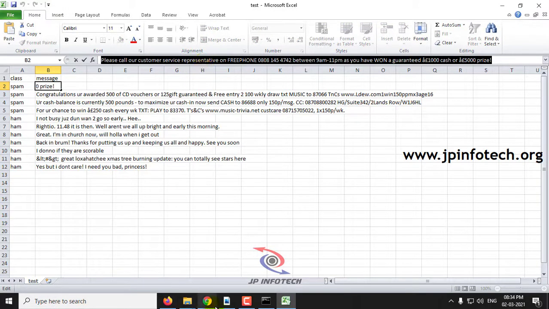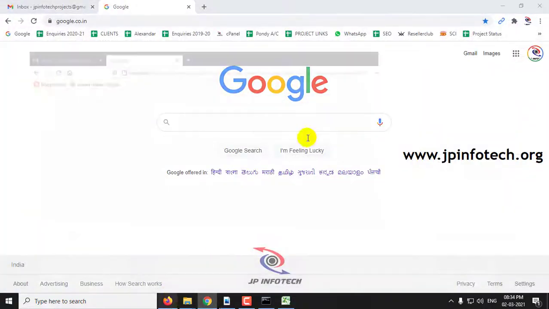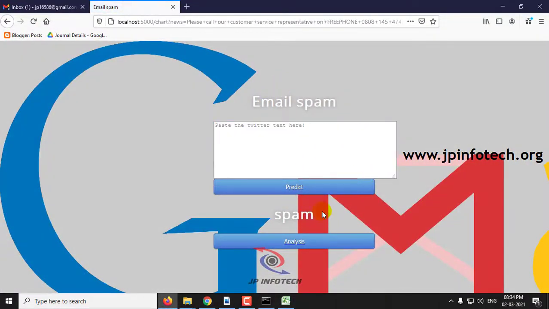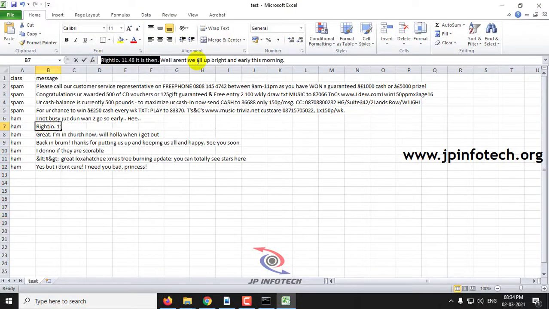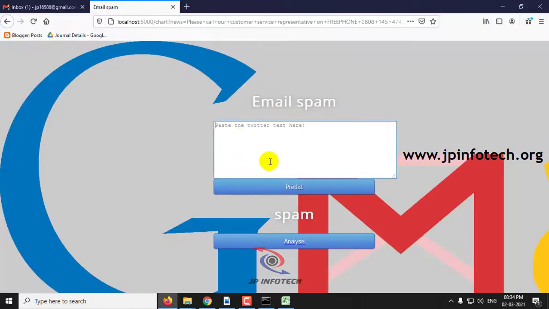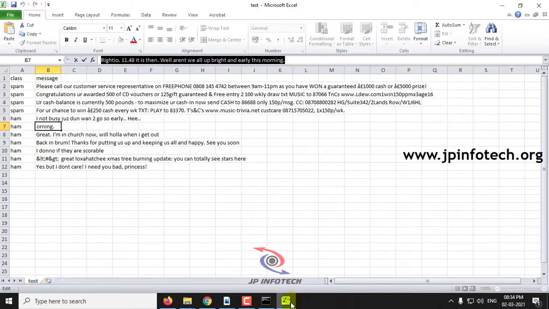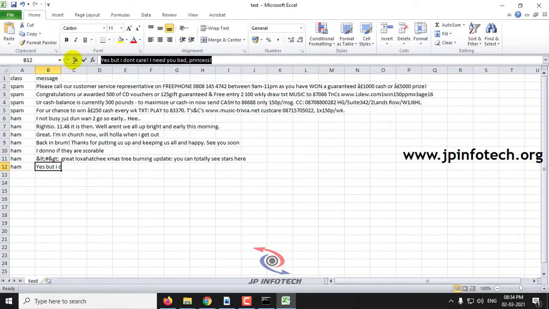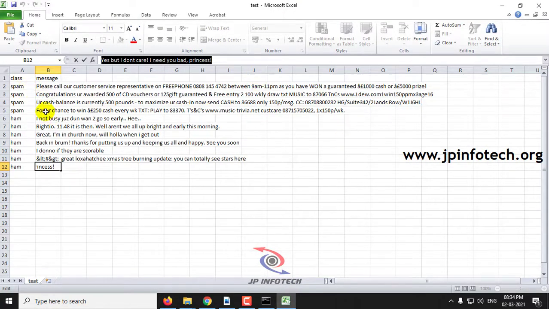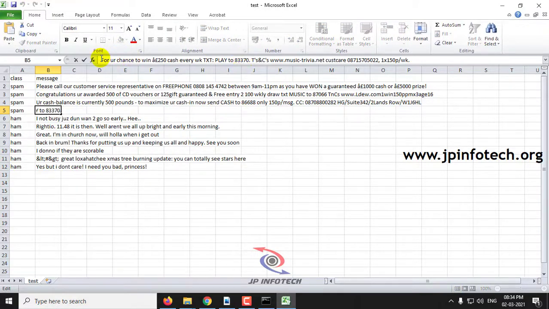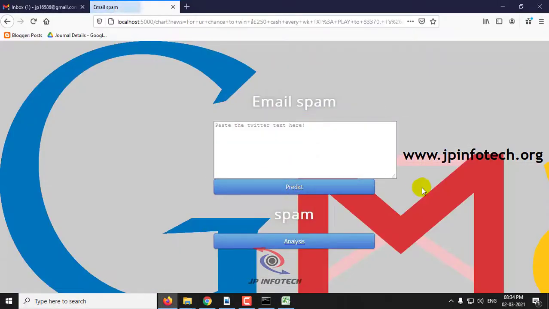Now we will check with the other case, the spam case. So click predict, and here you can see the result as spam. So I have shown you both the normal and the spam cases. Here you can see it is no spam, it is ham. So you can check with any results of it, and it is no spam. And this is spam. So I checked with the two cases, that is spam and no spam, ham.